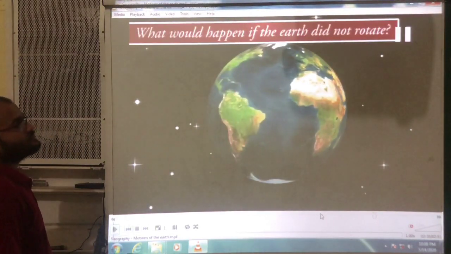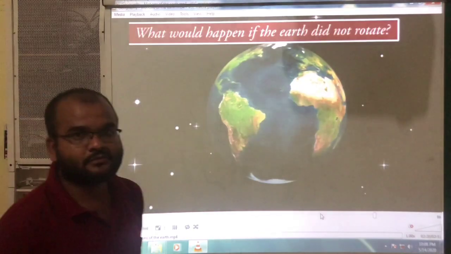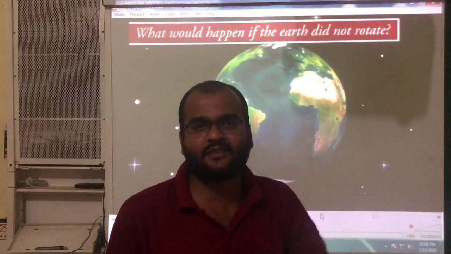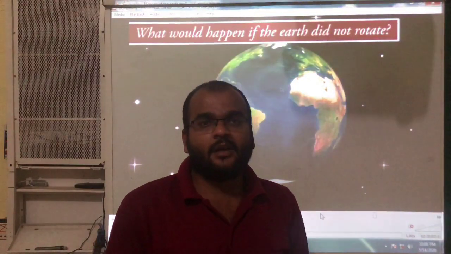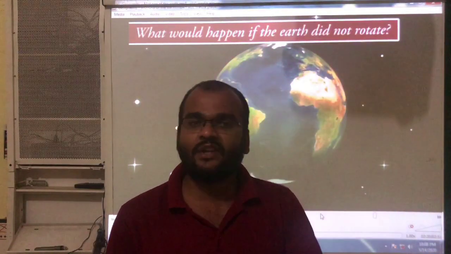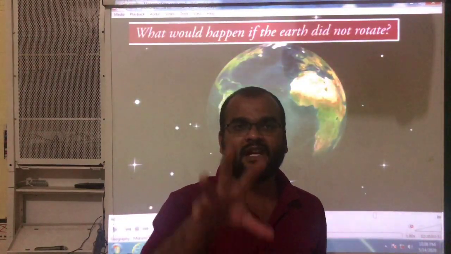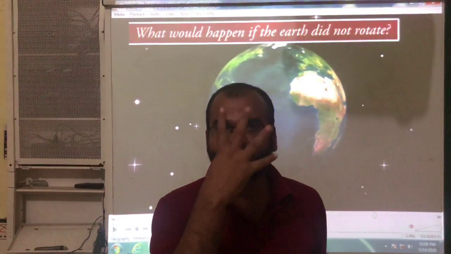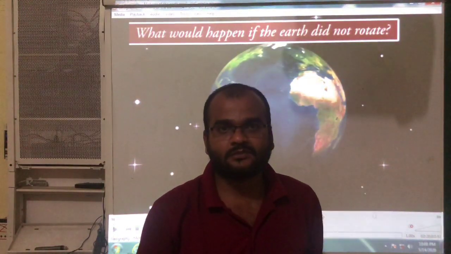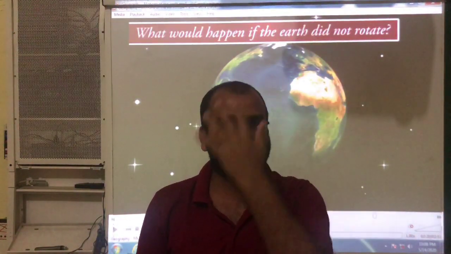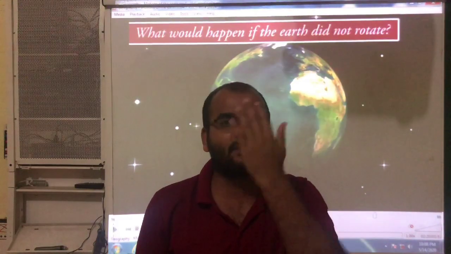Next, one question for you: the earth is rotating around its own axis every day. Because of this rotation, what happens? Day and nights will form. For example, you are the sun, I am facing towards you. So your sun rays fall on my front side. That's why daytime will be formed here.